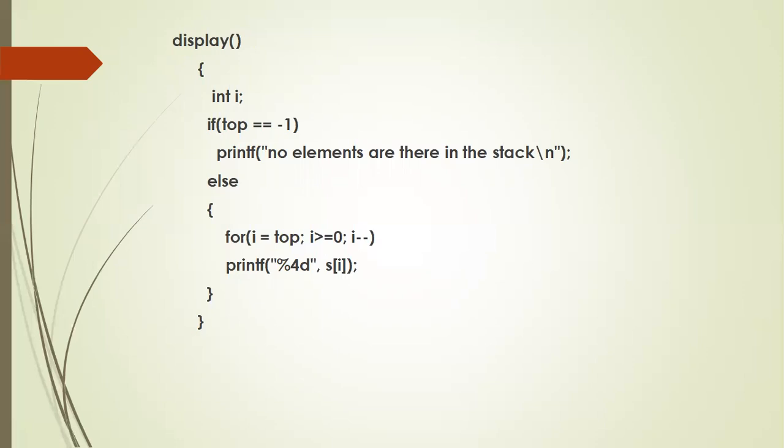While converting an algorithm for push and pop into the equivalent C program, wherever max is there, you replace it with max -1, because in the algorithm the index starts from 1, while in the program the index starts from 0. And every value you have to reduce by 1. Wherever 0 is there, you make it -1. Wherever 3 is there, you make it 2, like that.